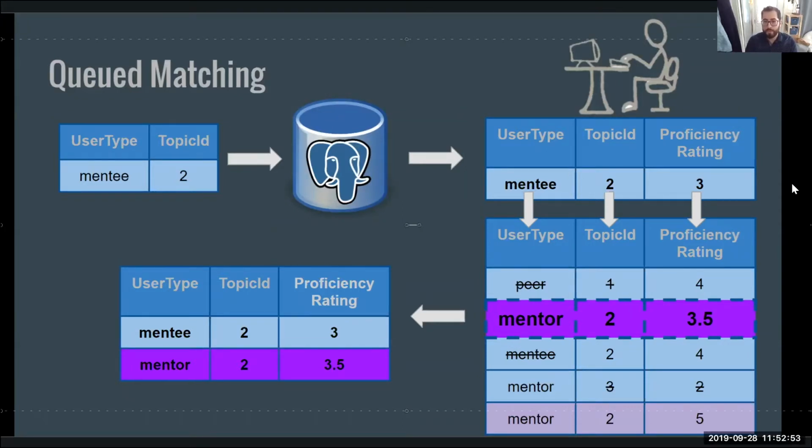This queue here will sift through all users who have been waiting to help or have been waiting to get help, and the roles are used to filter first, the topic second, and then we have to make sure that the people who are possibilities are actually going to be able to help them efficiently.